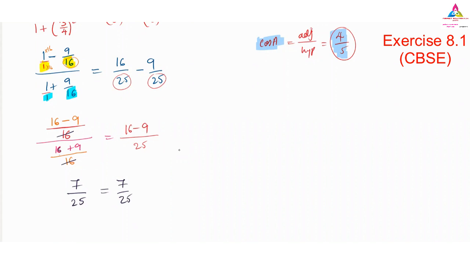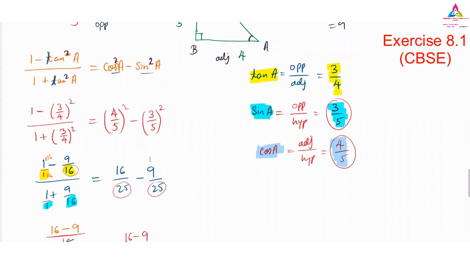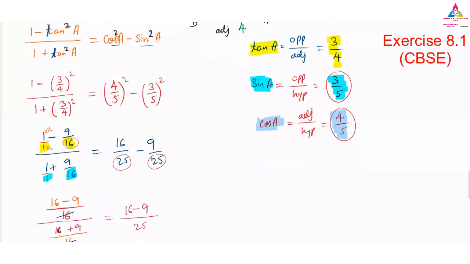So here you can verify that the left hand side and right hand side are not different, both are the same. That is the thing they have asked us. So left hand side is equal to right hand side. Therefore the question they have given on the top, you can see 1 minus tan square A divided by 1 plus tan square A is equal to cos square A minus sin